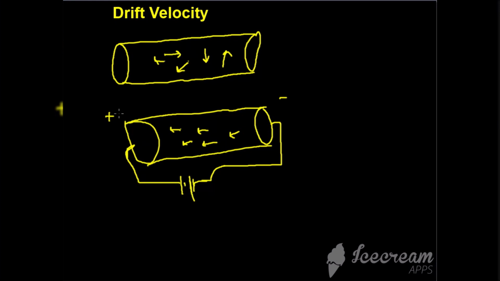That is, an electric field is applied. This will be the direction of the electric field, positive to negative. The electric field is denoted with E. So electrons move with a velocity opposite to the direction of the electric field. That velocity is known as the drift velocity, and then we constitute a current. This drift velocity is denoted with Vd.